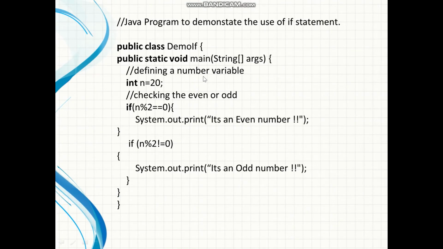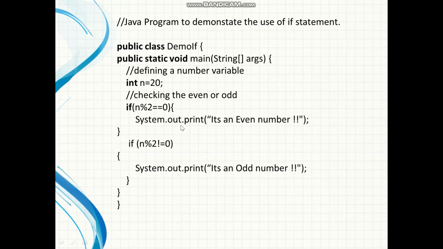There is a number variable 20, and now we need to check whether it's an even number or an odd number. How to check? We have to check with the remainder. So I'm taking mod here. If I take the remainder of 20, it should be 0. That means it is an even number. If it is not, then it should print this. But here it looks like I have to check this, then this. If I have to check three or four things, it is sometimes very confusing if I keep adding statements and checking them.